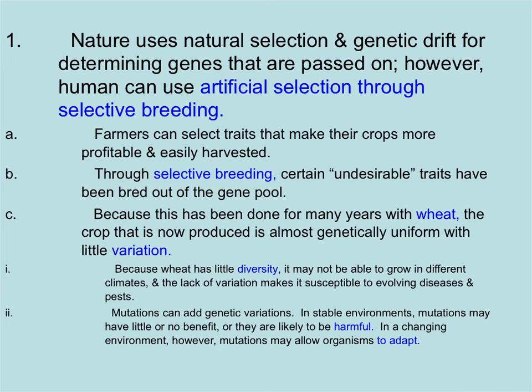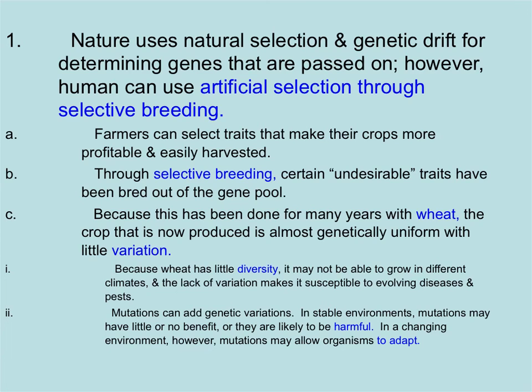Of course, money makes the world go round pretty much. So farmers are going to pick traits that are going to make them the most money. Like tomatoes, if we've got these two tomato plants and one makes bigger tomatoes and they're sold by the pound, then I'm going to make that plant reproduce and not the one that makes the little teeny tiny tomatoes. Unless little teeny tiny tomatoes are all the business.